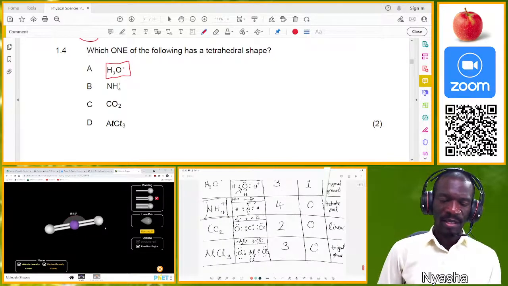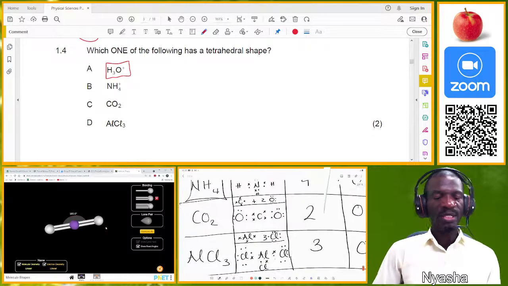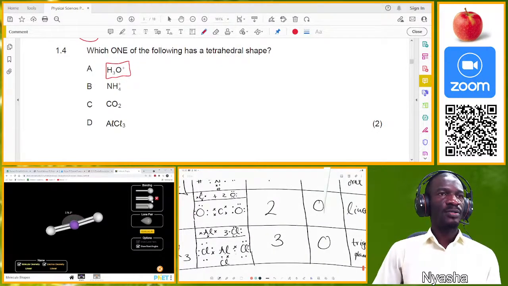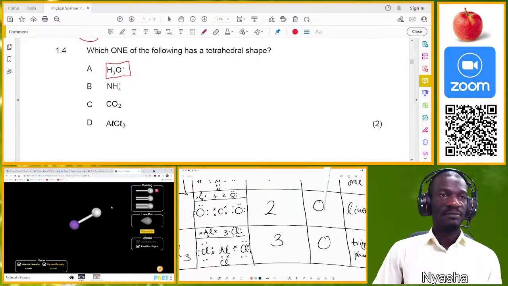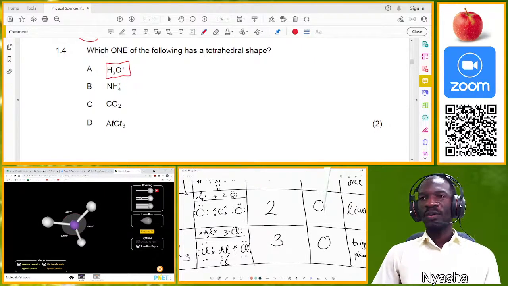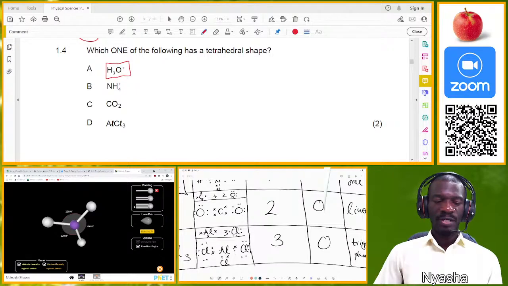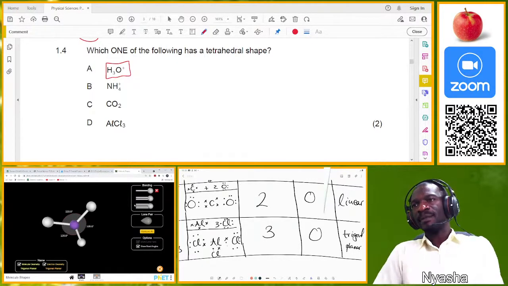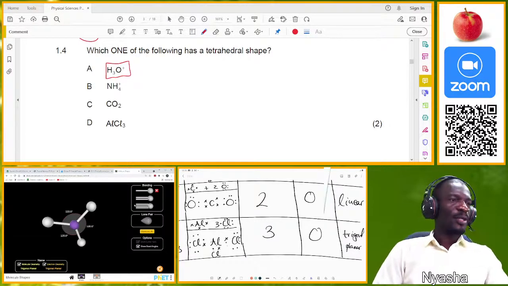Let's look at the last one, aluminium chloride. So it's almost the same as what we had before. It has no lone pairs, so it will be slightly different. We just have one bond for each of the chlorines, no lone pairs. So it becomes a trigonal planar. So that's your molecular shapes, and which means from here you can take it and look at any other examples,